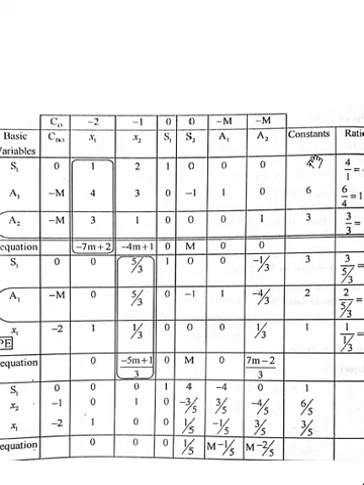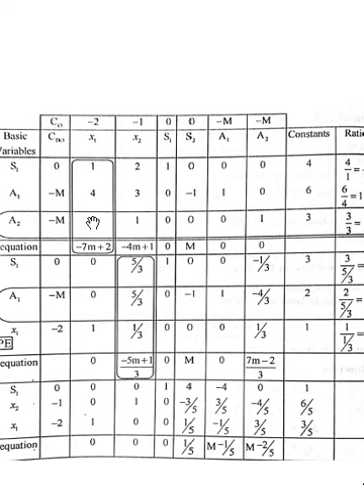How to calculate this ratio? The RHS constants are divided by this particular column, that is 4 by 1, the answer is 4. 6 by 4, the answer is 1.5. 3 by 3, the answer is 1. When you compare the ratios of all the 3 elements, we need to take the lowest positive value. The lowest positive value out of these 3, 4, 1.5, 1, is 1, that is the third row. We need to encircle that particular box. The row and the column intersect at this particular portion. So this now becomes our key element.